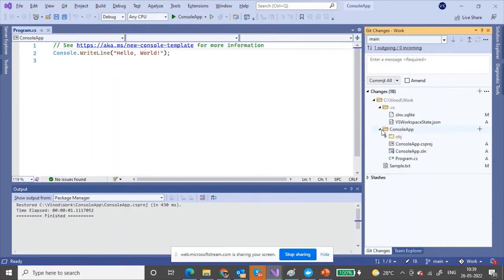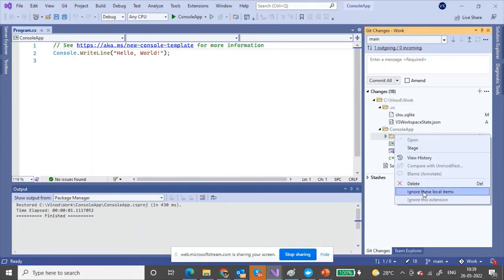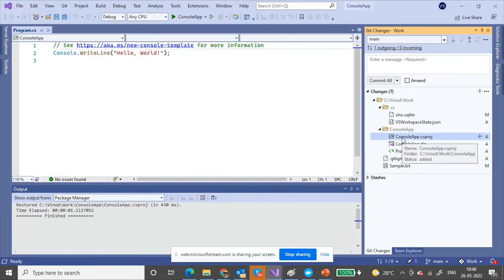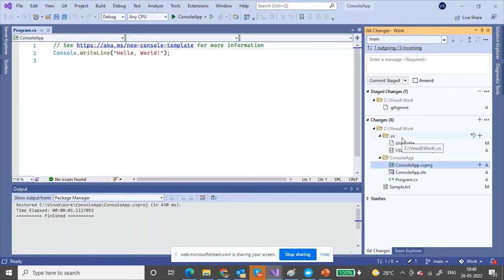And for the console application, you don't need this obj and other things, so you can simply ignore them by ignoring these local items, because that obj folder usually contains the output or the compiled code, which we don't need to track. We can always create it in our local, but we don't need to track that in Git. All we need to track is the project file and